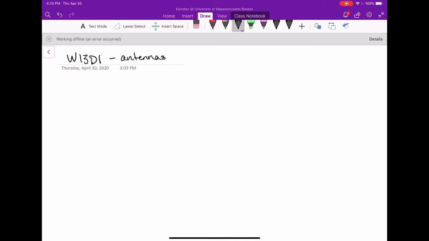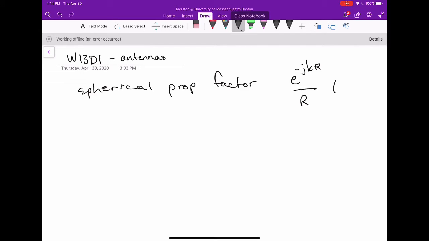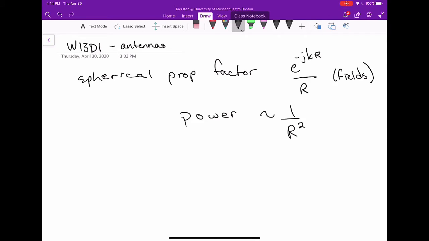Last time we talked about the spherical propagation factor and how it is e to the minus j k r over r for all the fields from a finite source like an antenna, and how that means that power from a source like that is proportional to 1 over r squared. That also means that if you have a source that radiates a certain amount of power, let's call it P rad, because that is what you call radiated power, and it is spreading out spherically because of the spherical propagation factor,